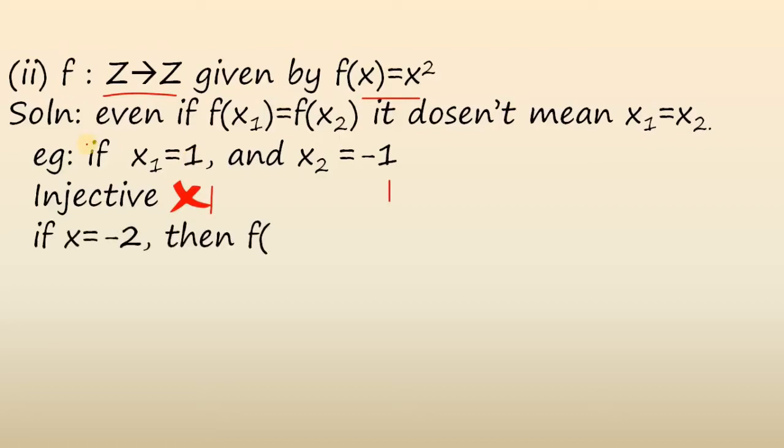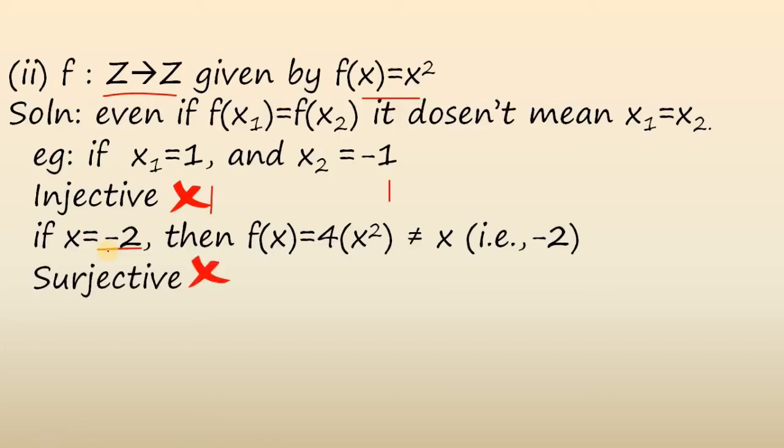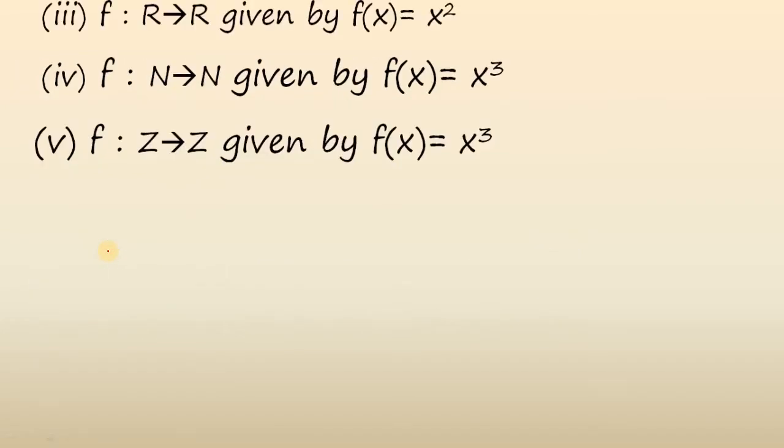Let's see the next one. If you take x equal to minus 2, again from your codomain, what happens? Minus 2 the whole square is 4. It's very similar to the previous one. You don't get the previous value. You should have f of x equal to y, and this is your y. I've just taken it as x, you can take it as anything. It just must be equal to the original value, which is not. So it is not surjective. So it's neither injective nor surjective. There are 3 more questions which are very similar to it. You can solve them on your own. Solutions will be given in the end.